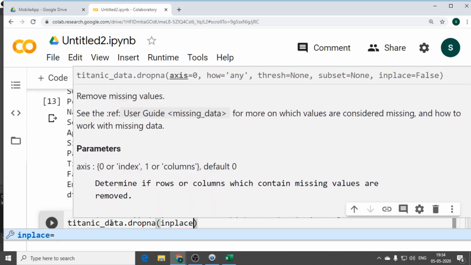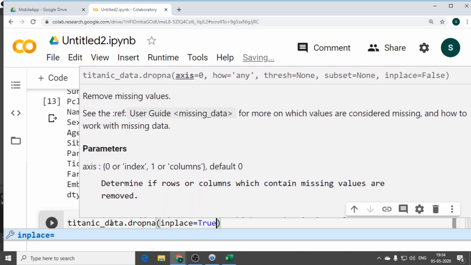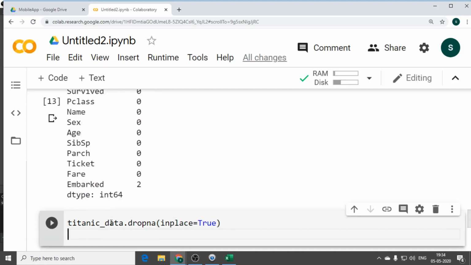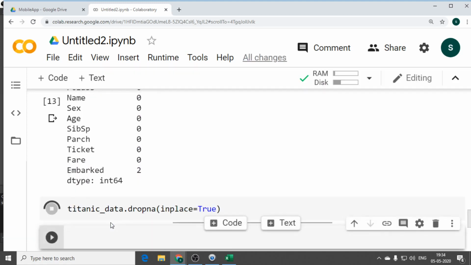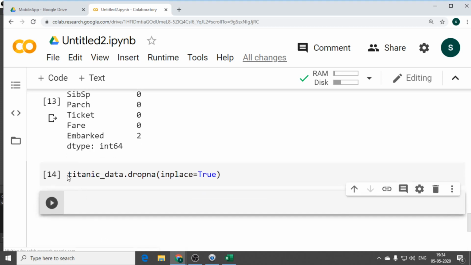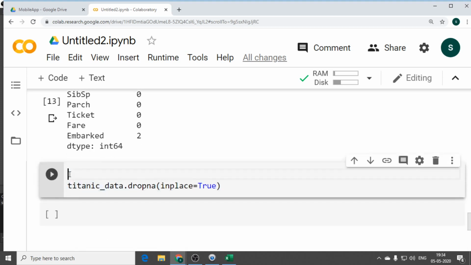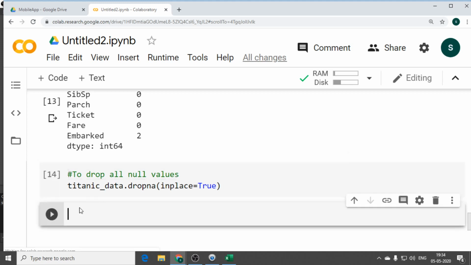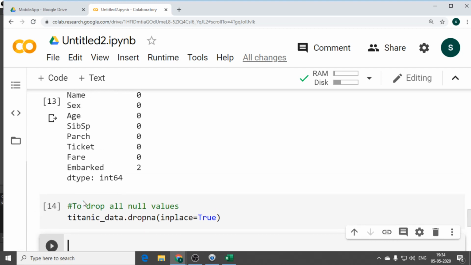So I am dropping all null values, and to apply on the original data, you can see that is inplace=True. I could not use the same step earlier because I may miss the age column. So I don't want to miss this.